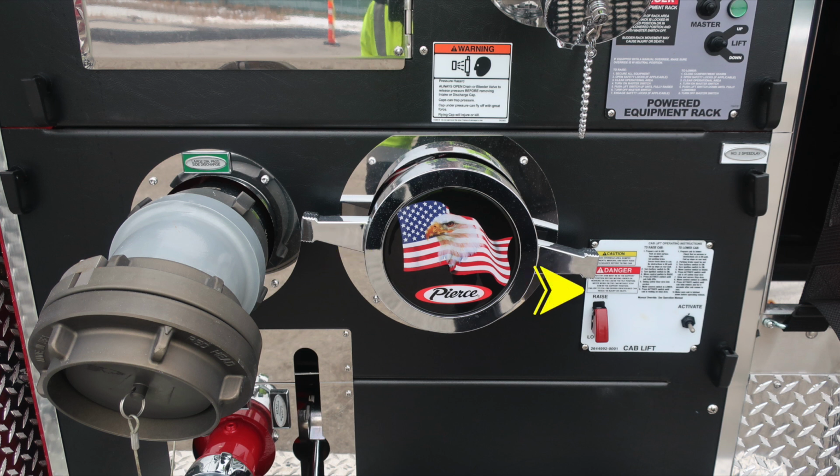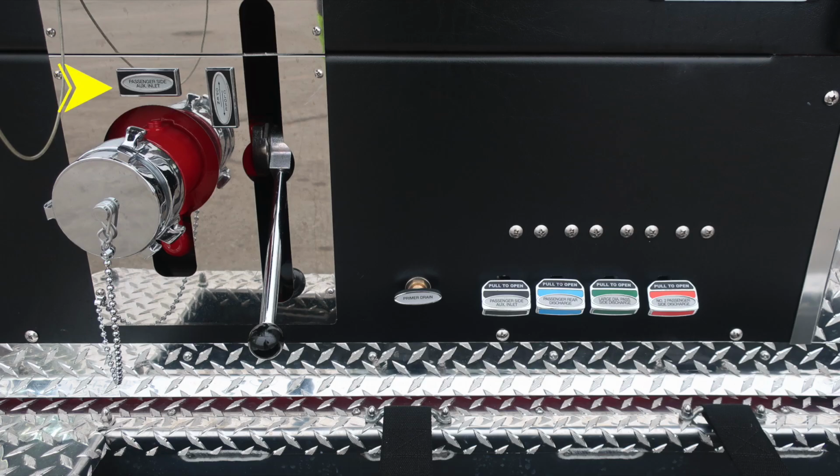Moving to the right, you'll find the cab lift. There are instructions for its operation, in addition with some caution and danger information. Please ensure all items are secured within the cab. As we move to the very bottom, you'll find the passenger side auxiliary inlet, locally controlled via ball valve, female